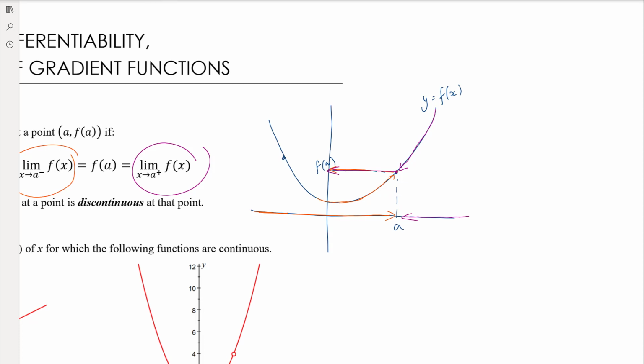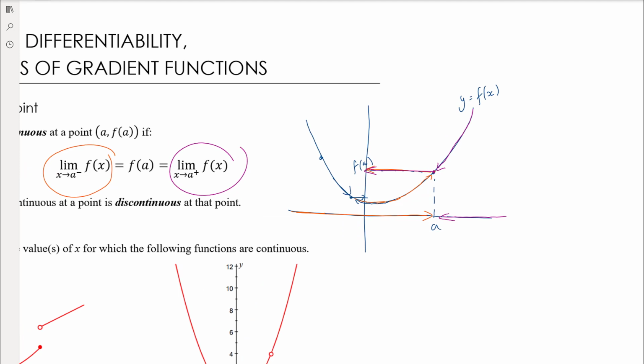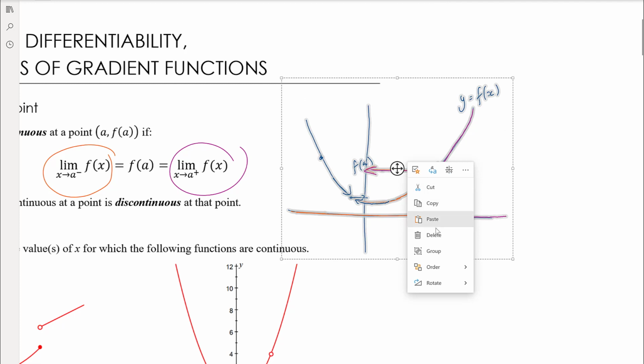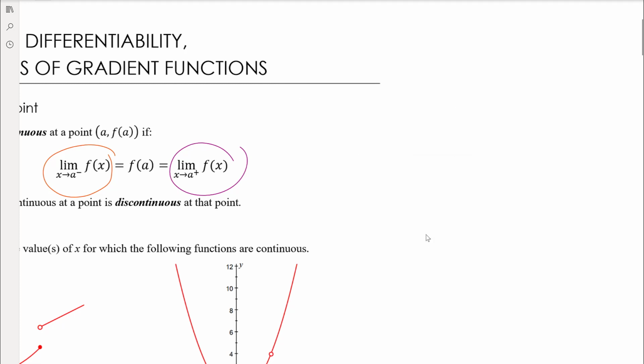You could pick any point on this graph and the function exists at that point, it has a y value at that point, and the limiting value of the function as I approach that point from both above and below, not vertically above and below, from x values above and below, also approaches f at a. Okay, so that would be an example of a continuous function. So let's then think about, okay, well, when might a function not be continuous? Let me just remove that for a second. Okay, so let's think about what would happen, for example, if,